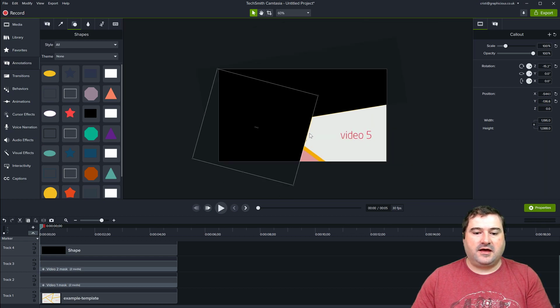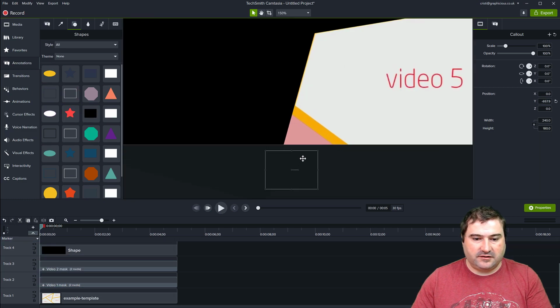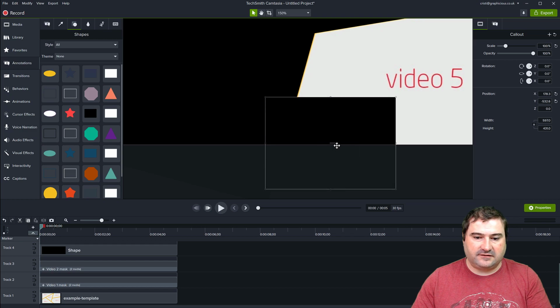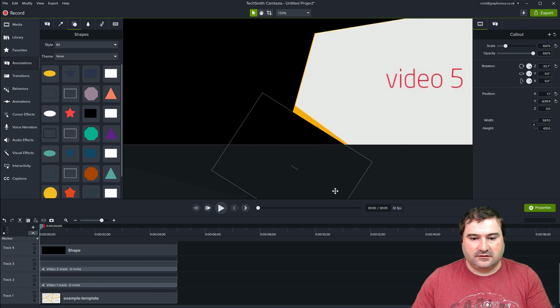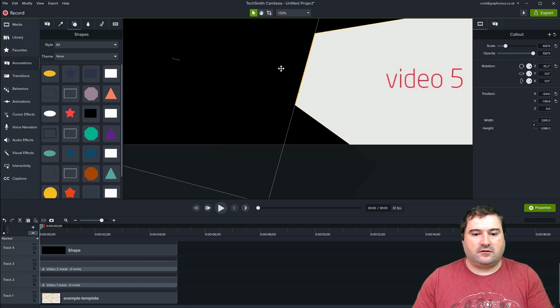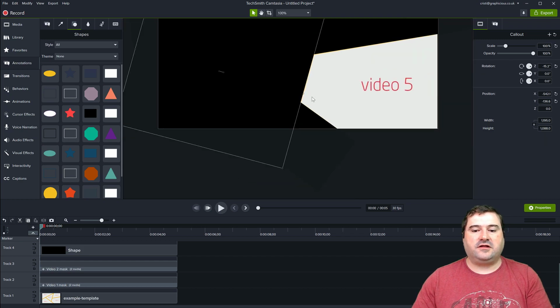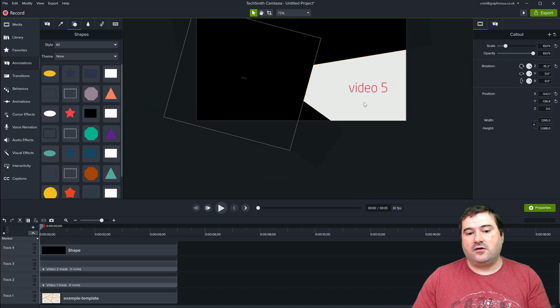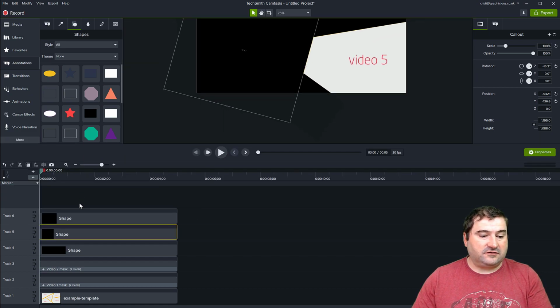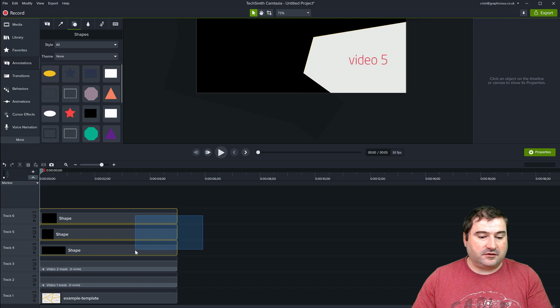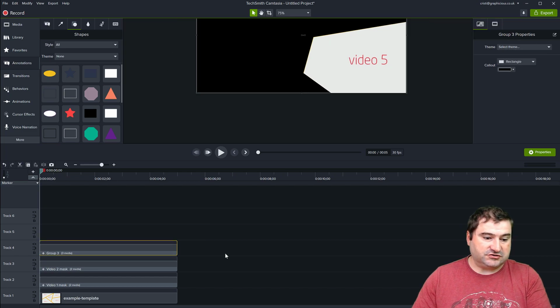Okay, so then let's do the bottom one. Again, it's very simple, just zoom in there and just resize it. Rotate, just fit it exactly on the edge like that. So just use the arrow keys a bit there. So there you go, that's my video 5. Of course now I can't see anything else, but what I've done here is I've created 3 layers. So I'm just going to group all of these 3 layers, Control G. So that is the video mask.